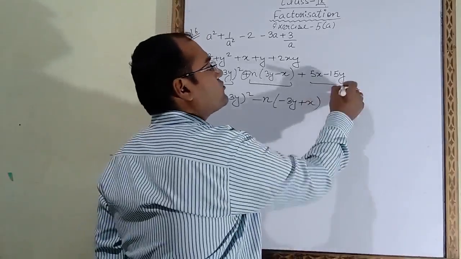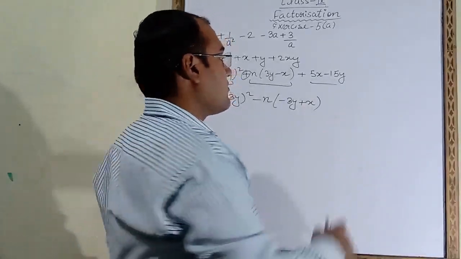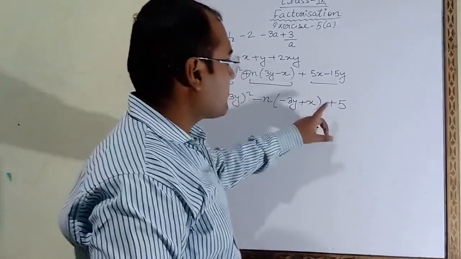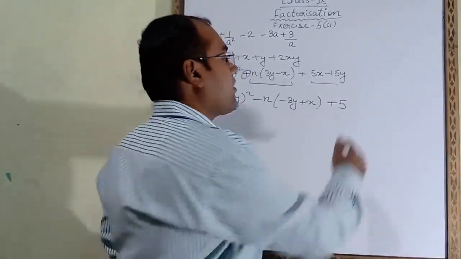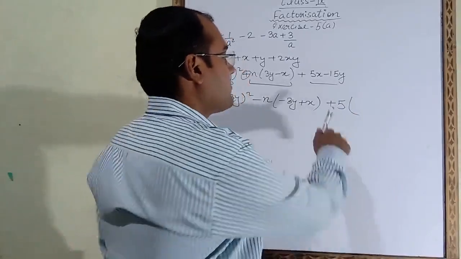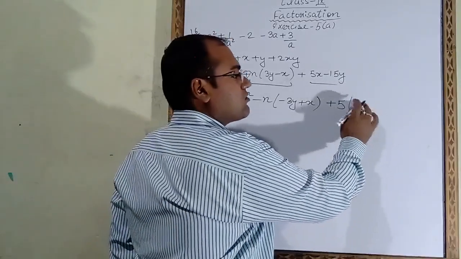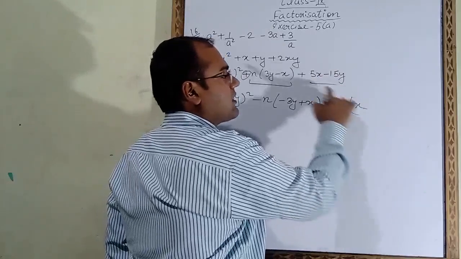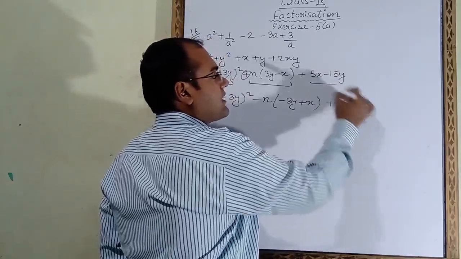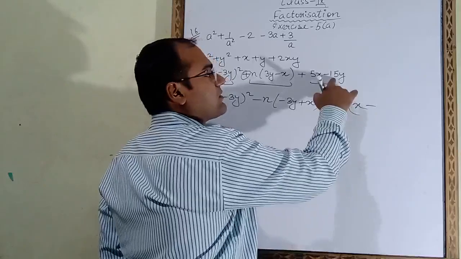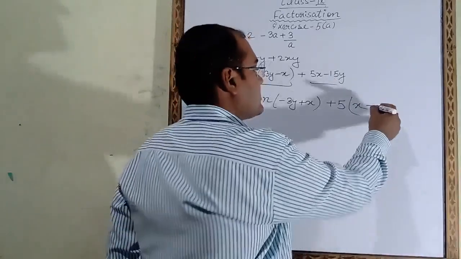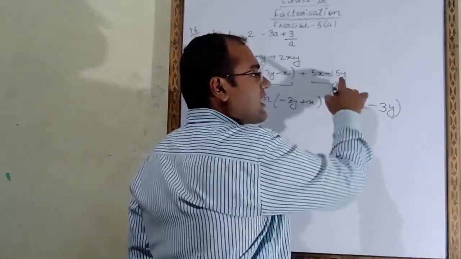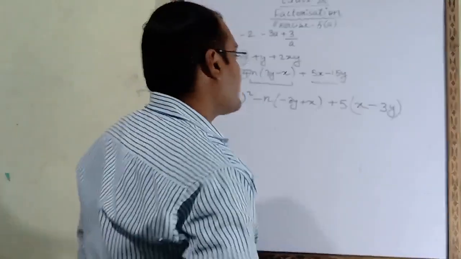Now from these two we have to take common. 5 we will take common, but we have to take the sign also. So plus 5 we will take common. Now after taking plus 5 common, plus and plus will become plus only, so no need to put the plus sign here. 5 we have taken common. What is the remaining number here? X is remaining. Plus minus minus. 5 3 is 15, so 3 is remaining, and with 3 we will write y also, because y we have not taken common. Now you can check it.